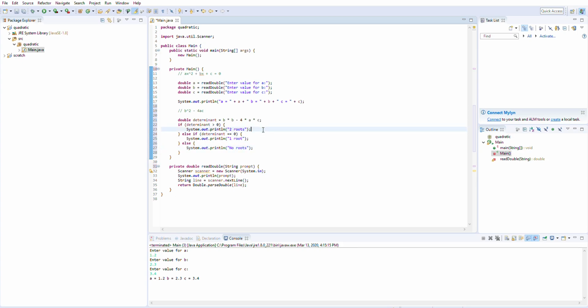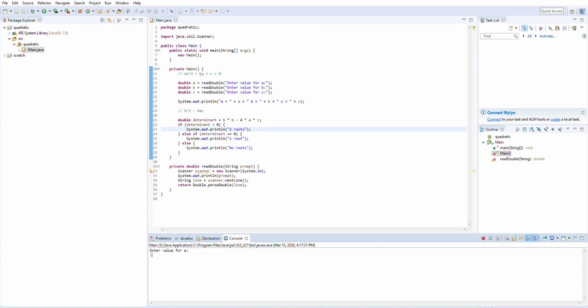Okay, so let's test that. So enter value for A, 1.2, 2.3, 3.4, no roots. Okay, I probably should have entered values where I actually knew for sure, but if I look at that, yeah, I don't think there are any roots because b squared minus 4ac, no, it is. It's going to be negative. Okay,